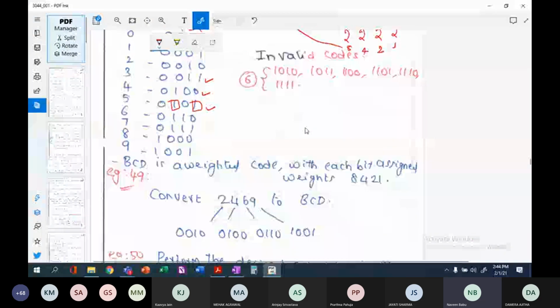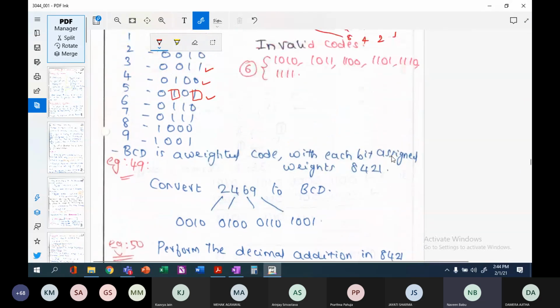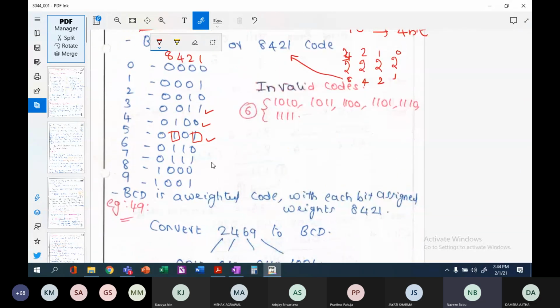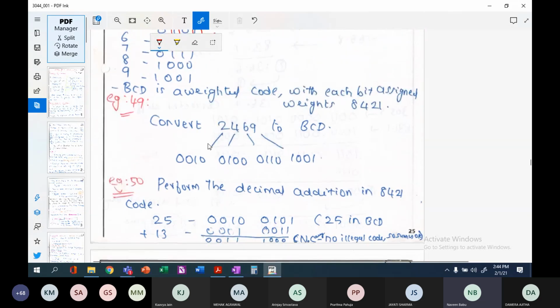Okay, now let us do how to convert a decimal number to a binary coded decimal number. Now, having known that these are the BCD equivalent decimal binary values, if you have a decimal value, then it can be coded directly as it is. 2 is represented as 0010. Please note that by default, if it is given as BCD, always presume,